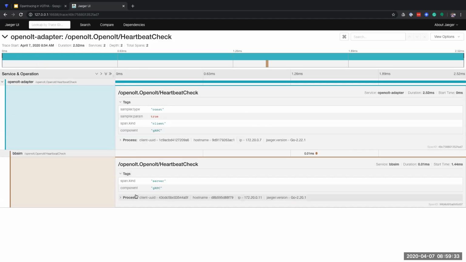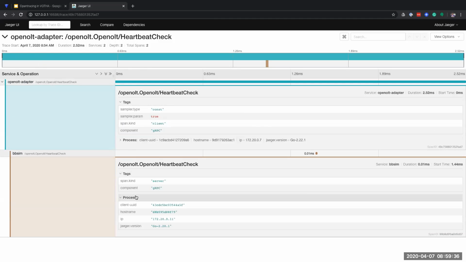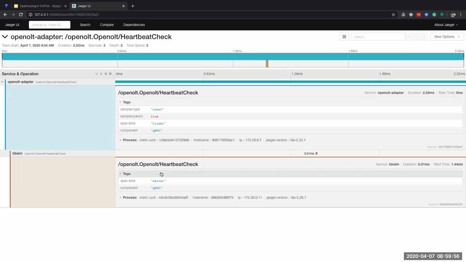And this one is a gRPC server. But by default, the gRPC Open Tracing library won't help you to add some information here. So if you want to know more detail, maybe you should not use the library here. You should inject and extract the information by yourself. And in this case, we could see, okay, the gRPC server just takes 0.01 millisecond, but the whole trace takes 2 milliseconds. So maybe we could know that most of the time is the round trip time and the networking packets.